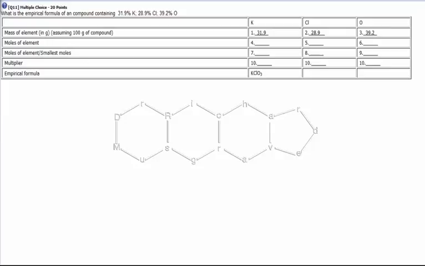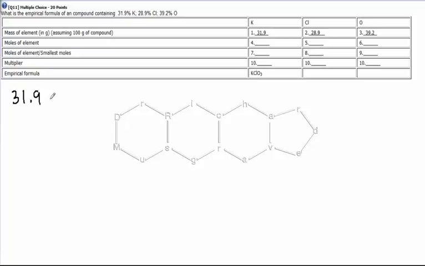Okay, another empirical formula problem. We're given the percentages. Again, with these percentages, we assume that we have 100 grams of compound, which basically turns these percentages into grams. So if we had 100 grams of compound, 31.9 grams, for example, would be potassium. First thing we want to do is figure out the number of moles, so we'll start out